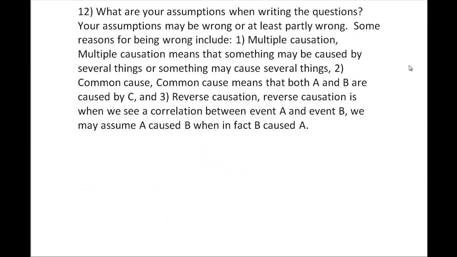So number 12, what are your assumptions when writing your questions? Your assumptions could be wrong or at least partly wrong. Some reasons for being wrong include multiple causation. And multiple causation means that something may be caused by several things, or something may cause several things. So for example,